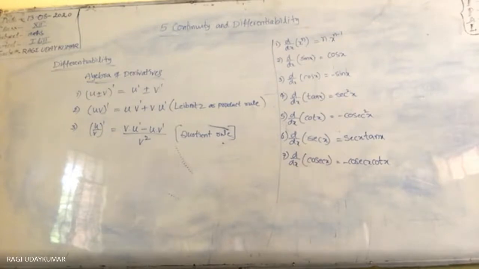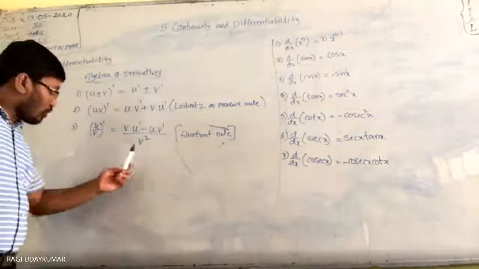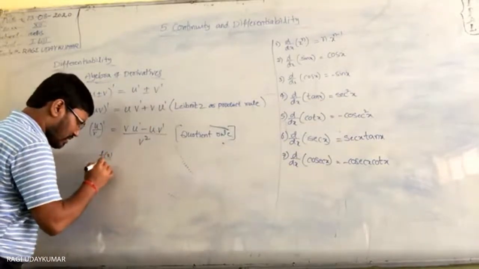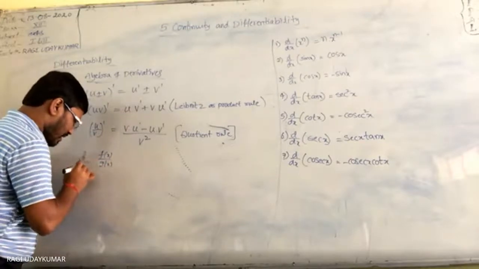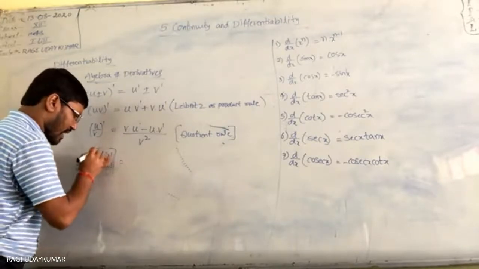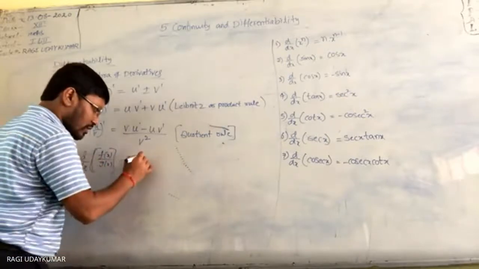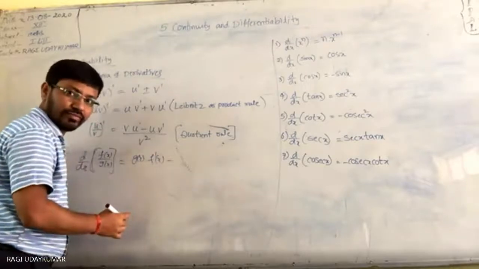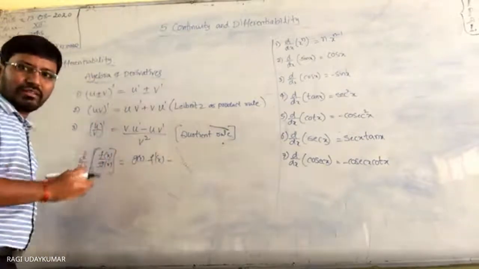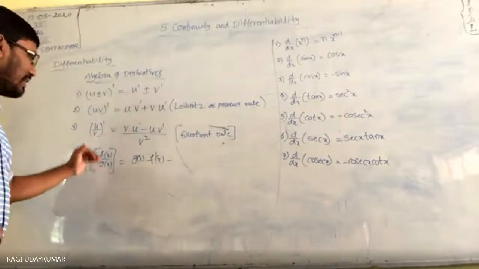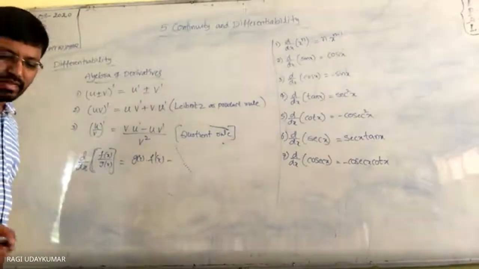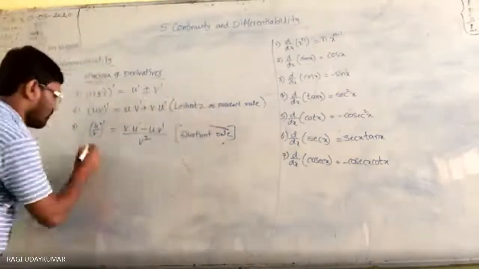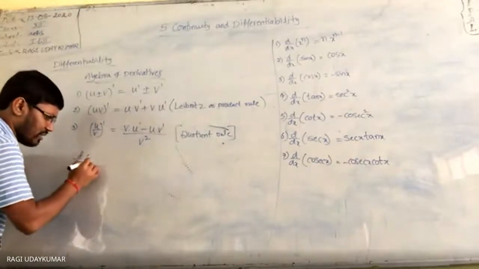Okay. So next, did you understand here? Do you remember this one? In the previous class you had f of x by g of x, like this: d by dx of f of x by g of x. With the help of the quotient rule, we will find out, for example, sin x by cos x. Let us see, tan x differentiation is equal to secant square x. So d by dx of tan x, suppose.